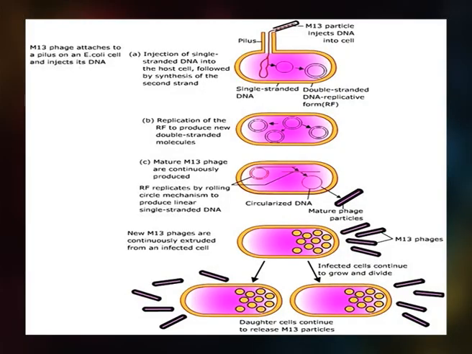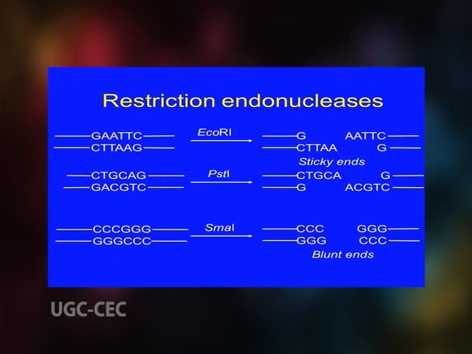M13 phage is a non-lytic virus as it does not kill its bacterial host, and therefore large quantities of M13 phage can be cultured and harvested easily. An M13 phage can be isolated and manipulated as a vector for cloning in a plasmid-like manner. The circular double-stranded replicative form DNA is digested at a single site by a restriction endonuclease. The cut is made in the polylinker region of the phage.